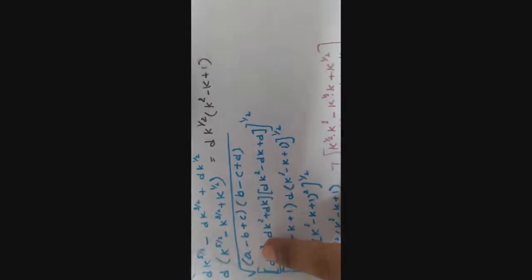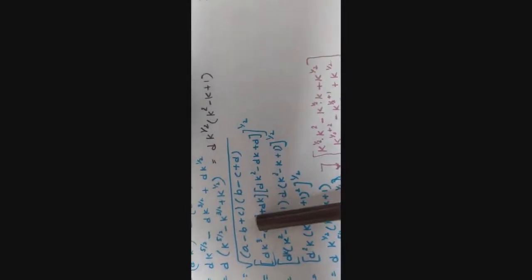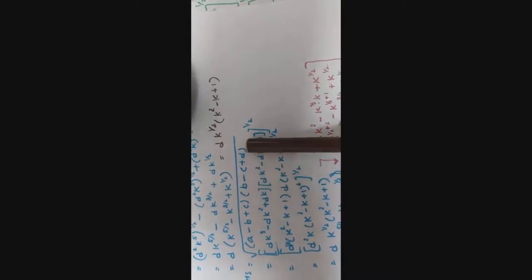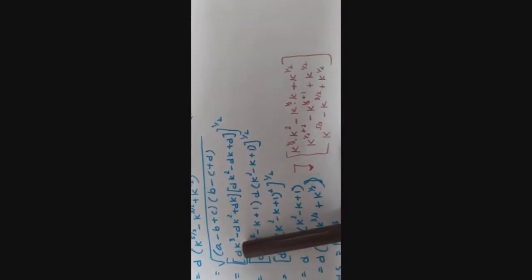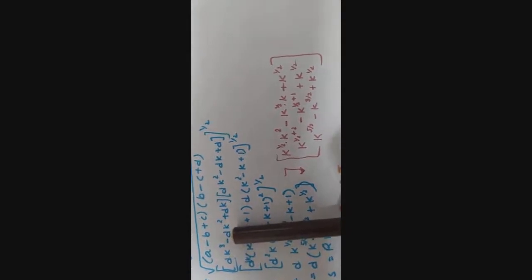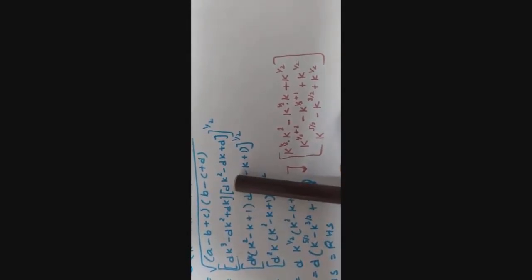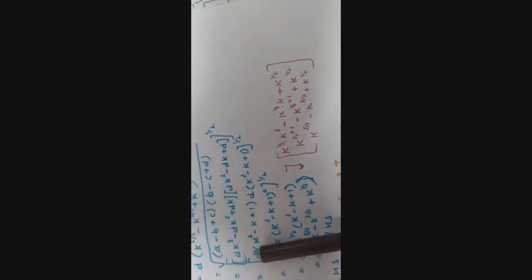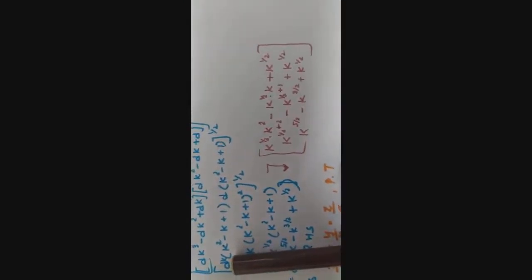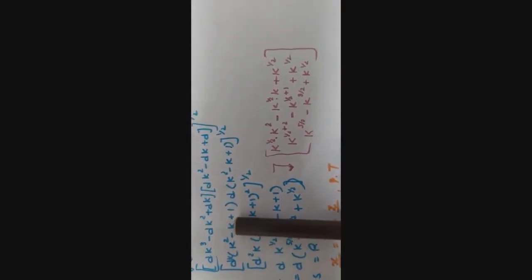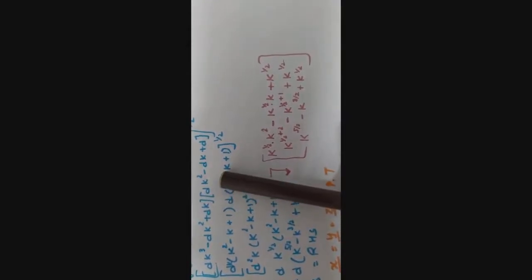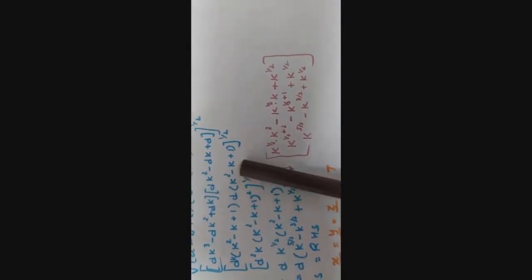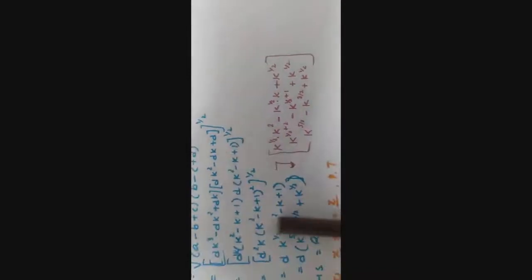Now right hand side you are given, that is A minus B plus C in the square root, B minus C plus D. There is multiply sign in between. I am removing the square root sign and placing 1 by 2 as power. Then A I am placing value dk cube, B dk square and C dk. Similarly value of B dk square, C dk and D. Now in the first bracket dk is common, so I took dk common, so in the bracket k square minus k plus 1. Here in the second bracket d is common, so rest is k square minus k plus 1, 1 by 2 as it is.